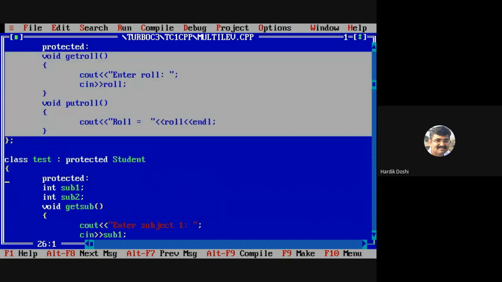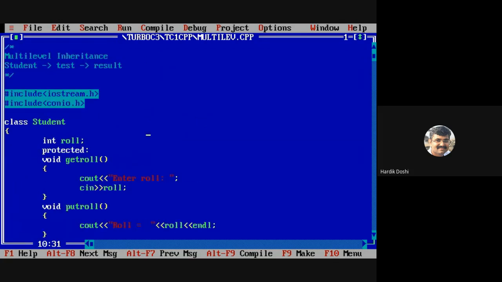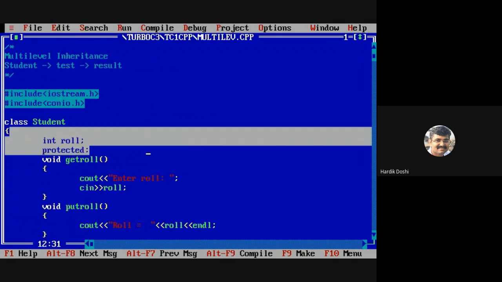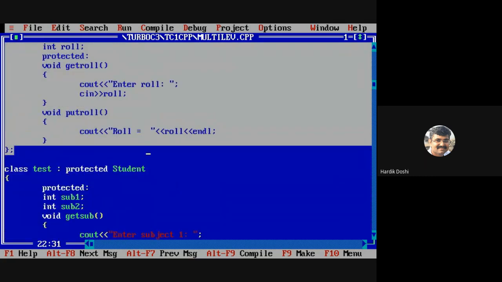Now we have class test, which inherits student. With what type of inheritance? Protected. That means all the accessible members of this student class go into the protected section. Is it fine? So which are the accessible members? Get roll and put roll. So they will come over here in the protected section of the test class.